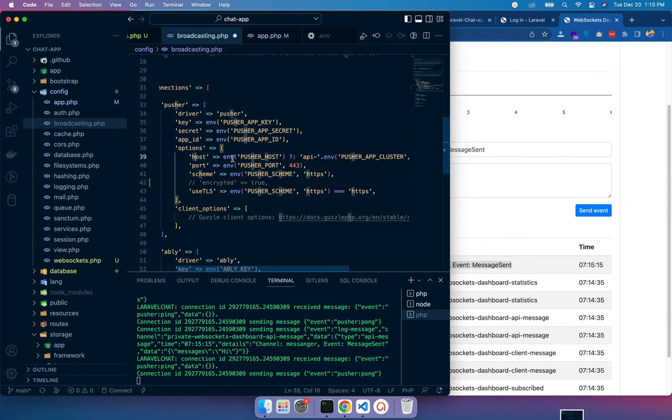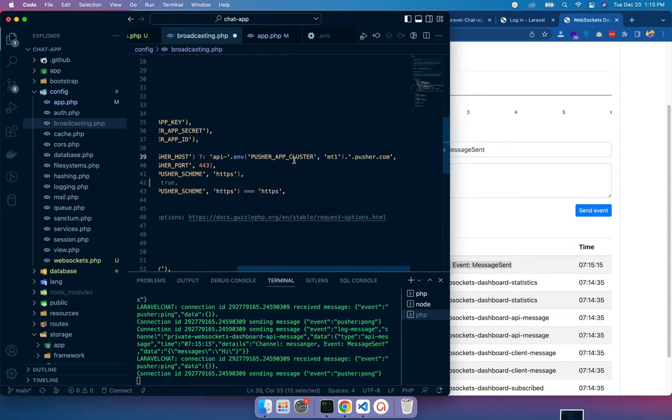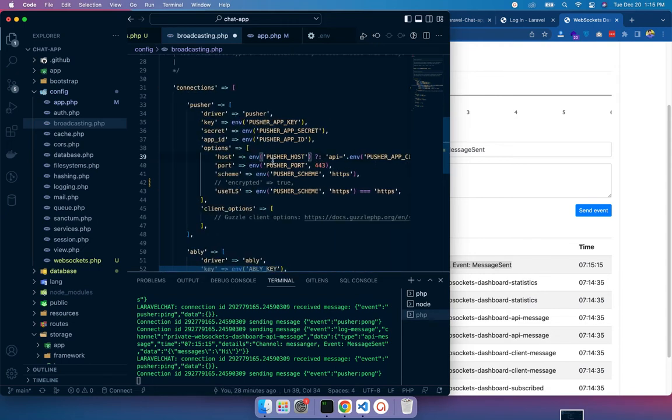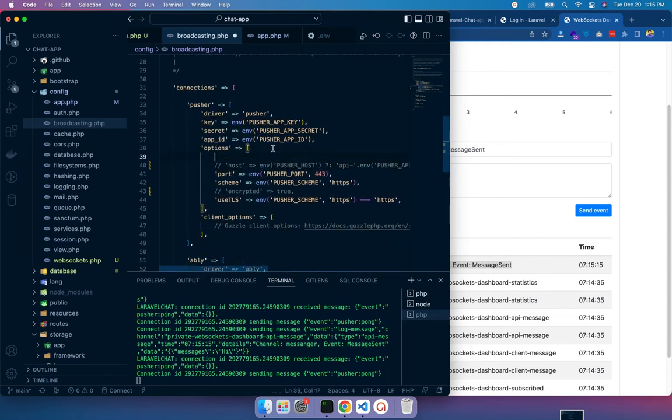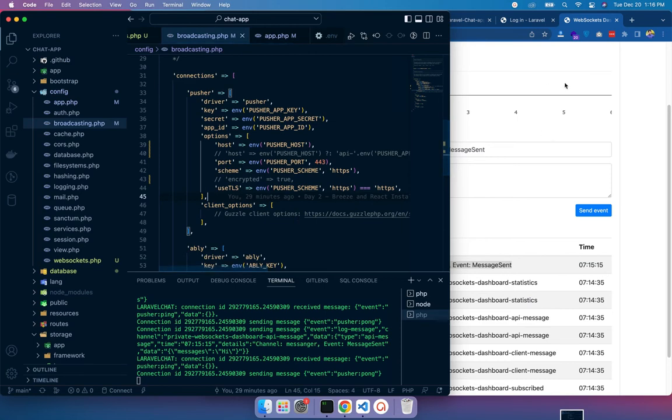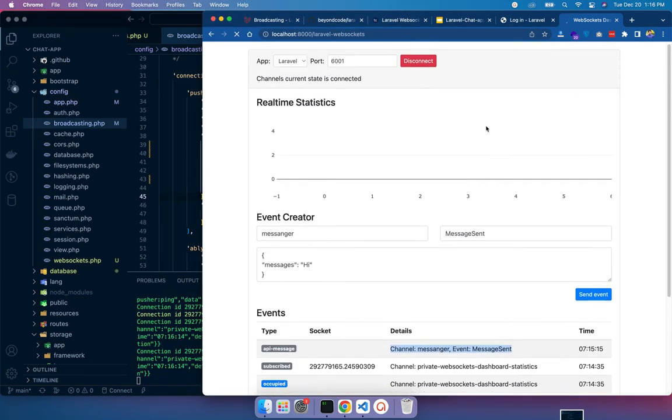Also for the host, for localhost we can make this host env, for the host. So just for now, just keep it like this. Okay, the other things are the same as this. Perfect. So if we just reload this, it will work as it is.